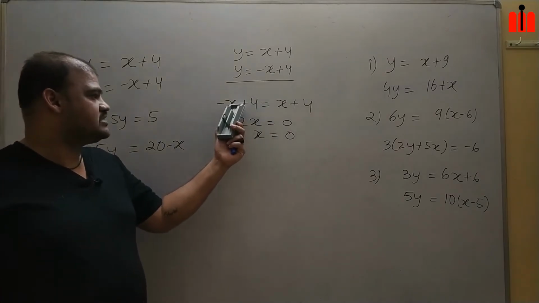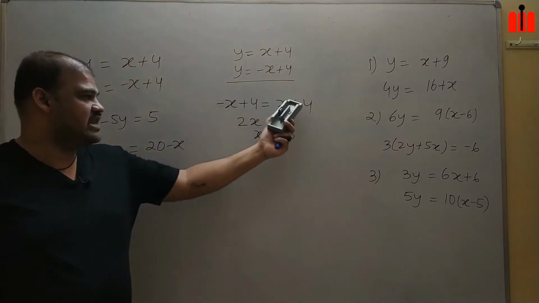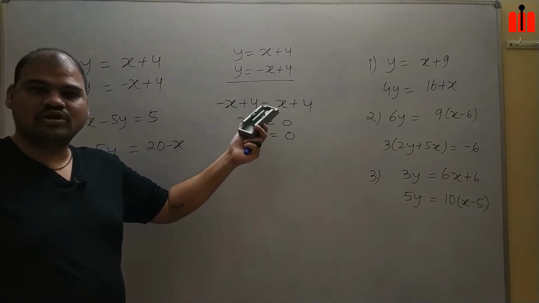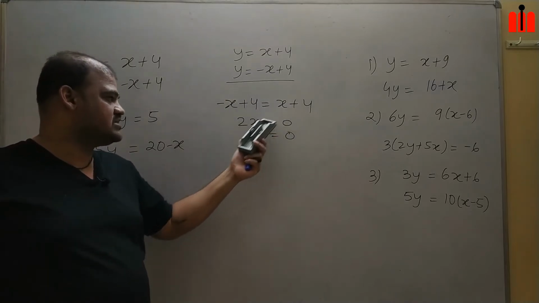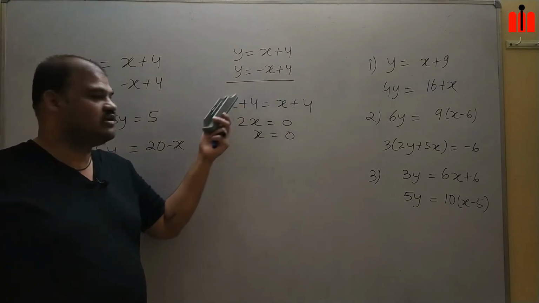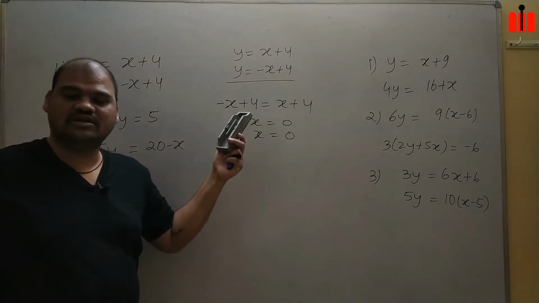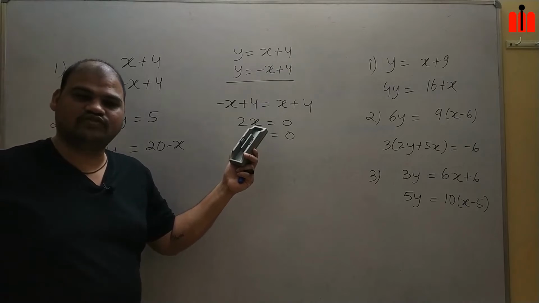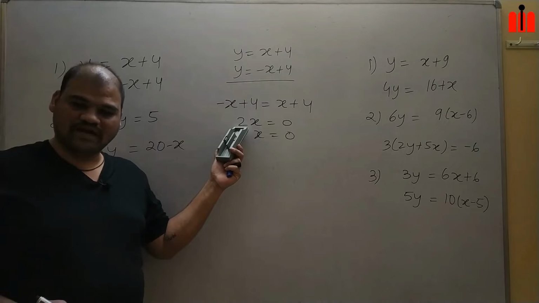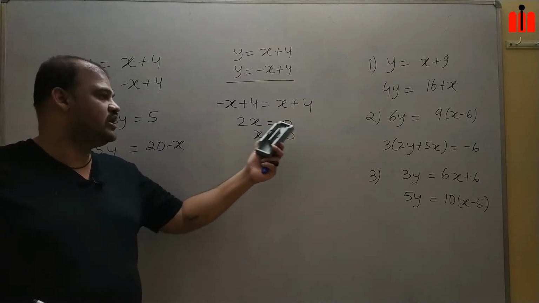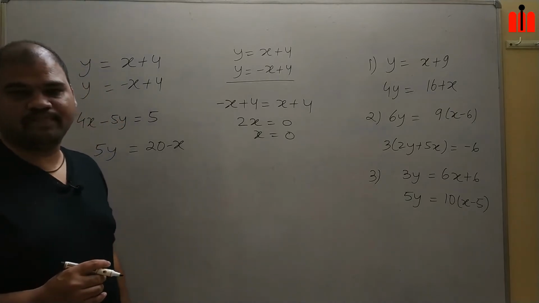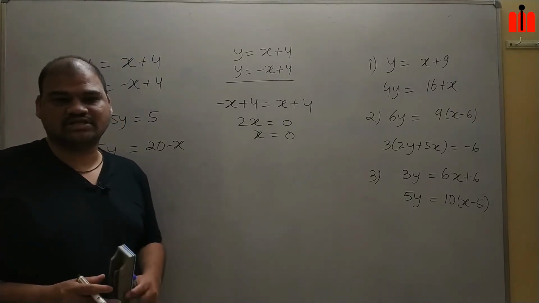Okay. x will go towards that side. So minus x, once it goes to RHS, it will be in addition. So x plus x, it will become 2x. 4 is in addition, it will come to LHS, which will become subtraction. So 4 minus 4, 0. So 2x equal to 0. 2 is in multiplication with the entire LHS, it will come to RHS. It will become 0 by 2, which is 0. Okay, so x will become 0 for this.